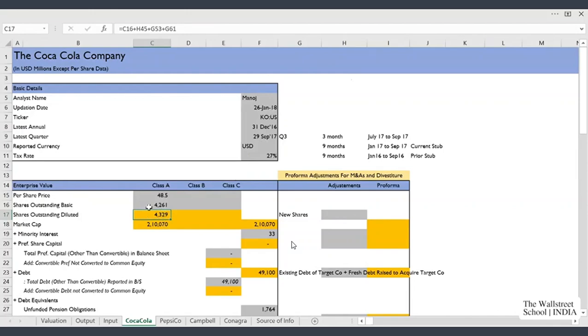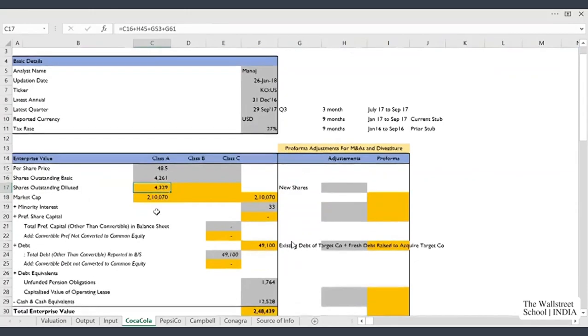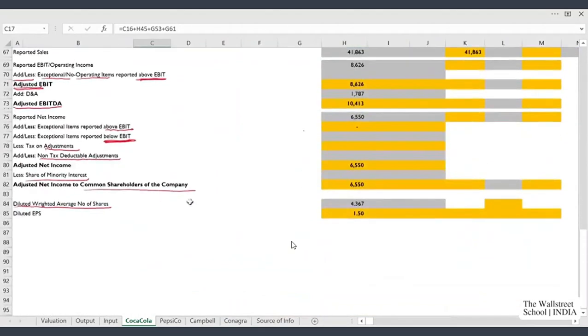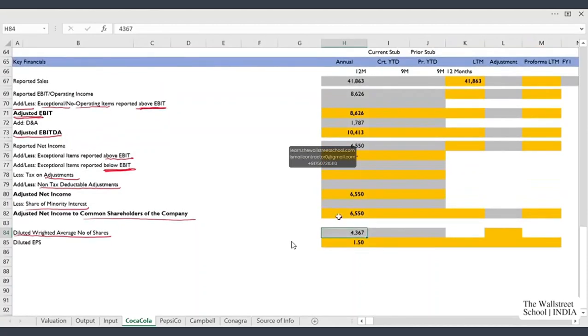They are not the average shares for the period. But for the calculation of EPS, we consider shares outstanding for the period for which this net income is calculated. And this weighted average shares can be directly sourced from the filings of the company.